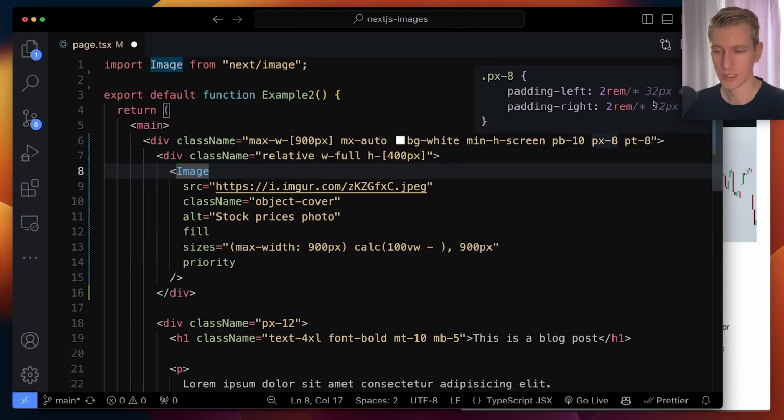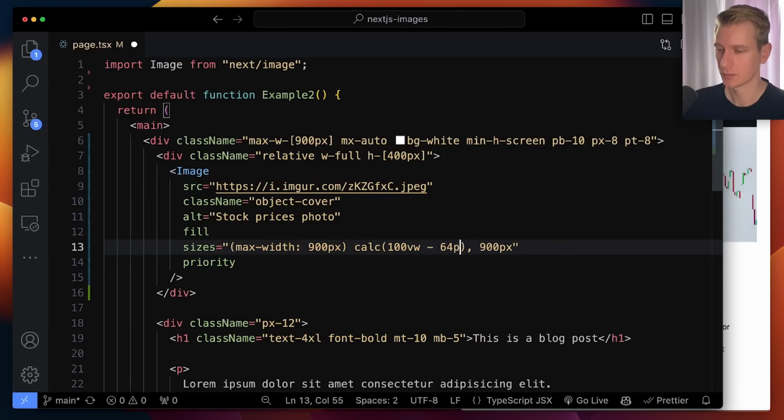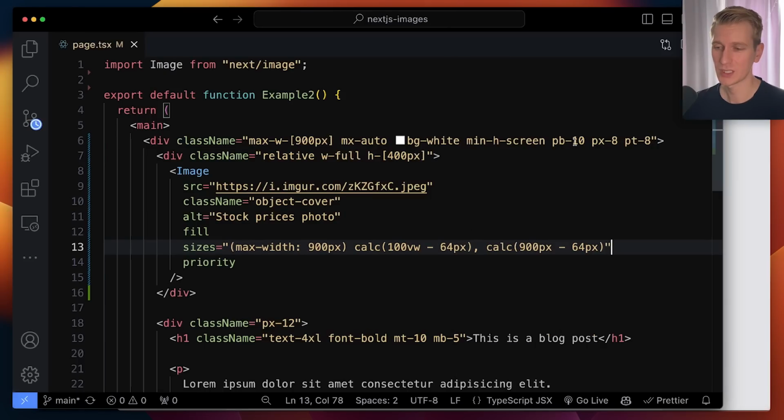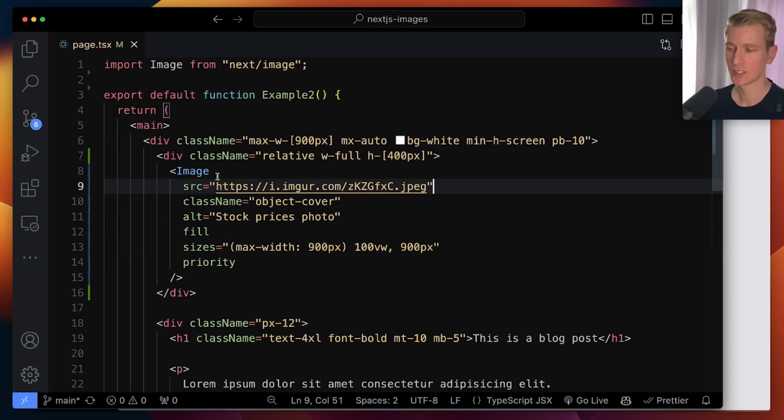32 pixels, so 64 pixels in total. So you would do something like this, right? So now this is the correct size of the image when the viewport is below 900, right? So if you have padding and you want to be very precise, you may want to use the calc option as well. So far, everything that we've been doing with the Next.js image component, creating different versions of this image,